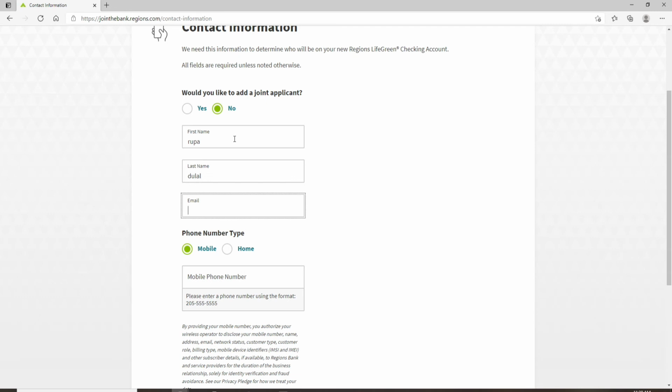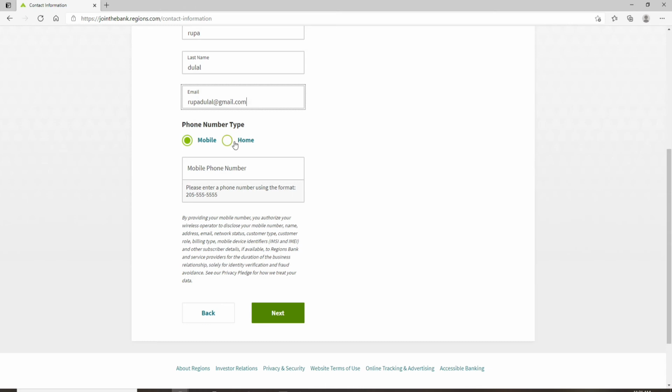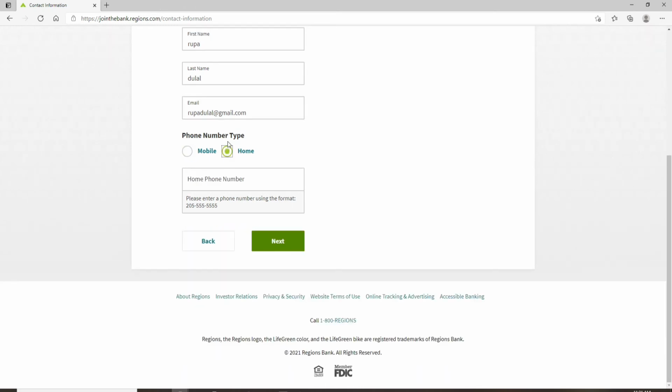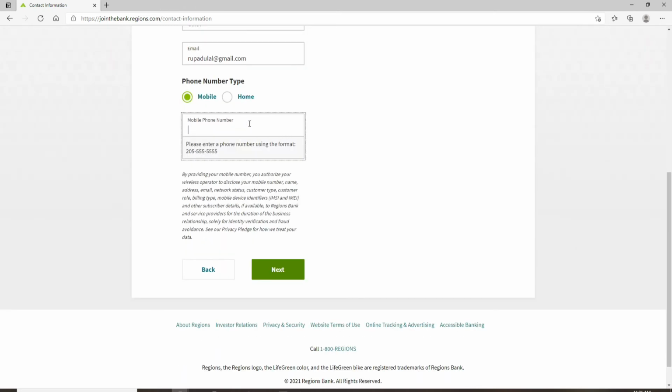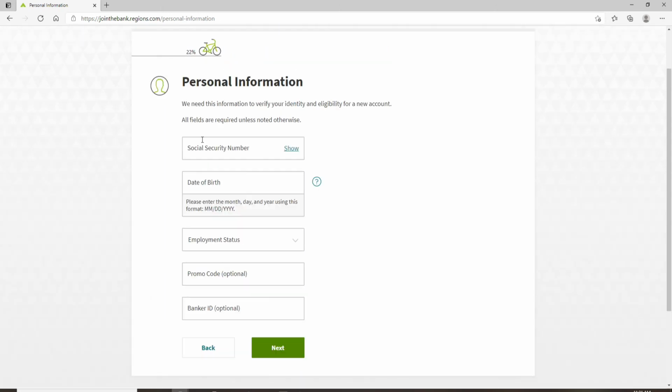Now enter your email address into the email text field. Under phone number type, select either mobile or your home. Enter your phone number on the next text field. After you're done, click on the next button and on the next page, you'll need to enter your social security